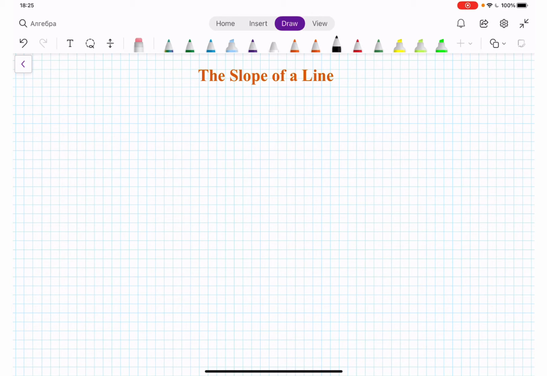Slope of a line. The slope is calculated by using two coordinates, x1, y1, and x2, y2. And m is a slope